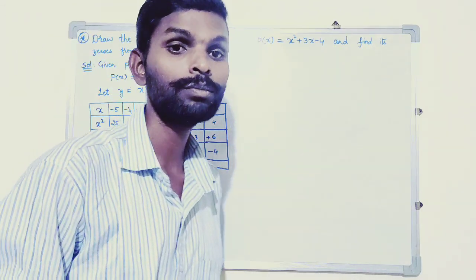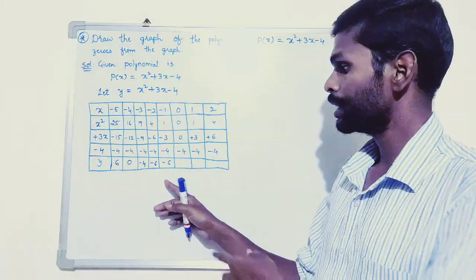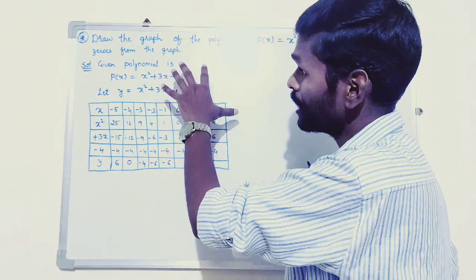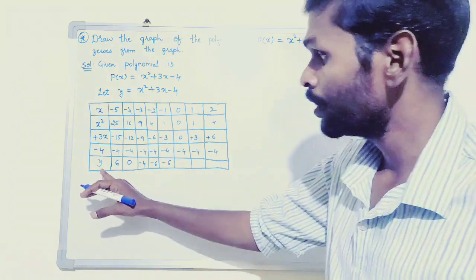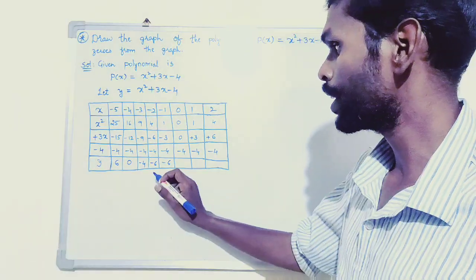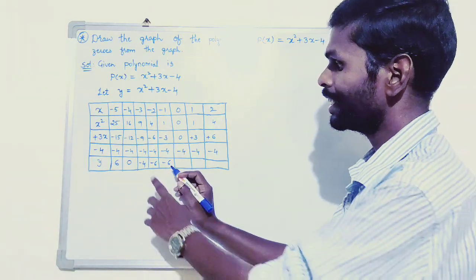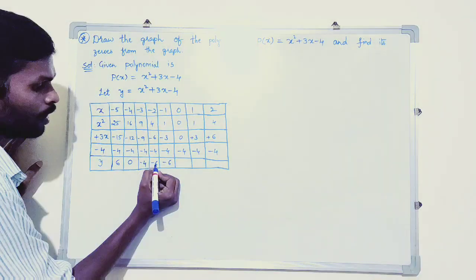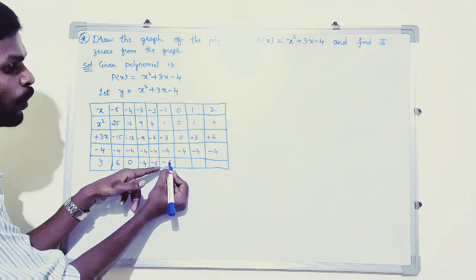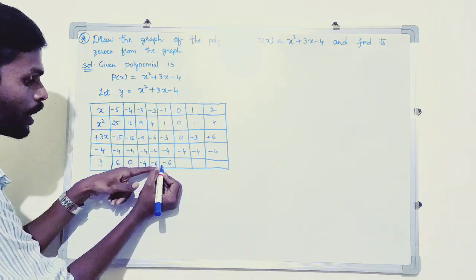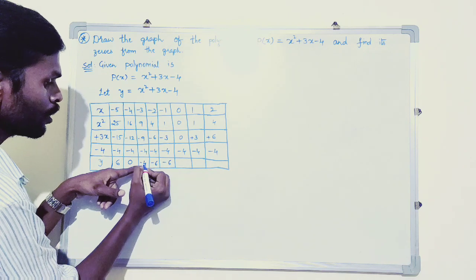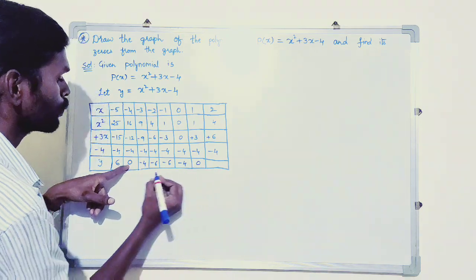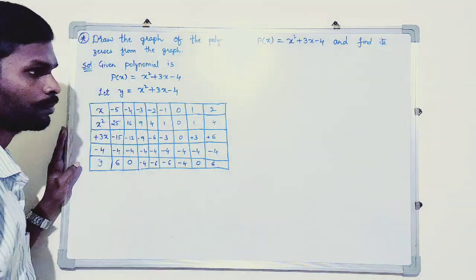Here is an interesting concept. In this kind of table, if you are discussing a quadratic polynomial, in the row of y, if any value repeats, the same values come alternatively. Now see here, minus 6, I got the same value here. Now there is no need of calculating this also. You can directly write these values. Minus 6 is there, minus 4. After minus 4, what number is there? 0. So here 0 will come. After 0, 6 is there, so 6 will come.